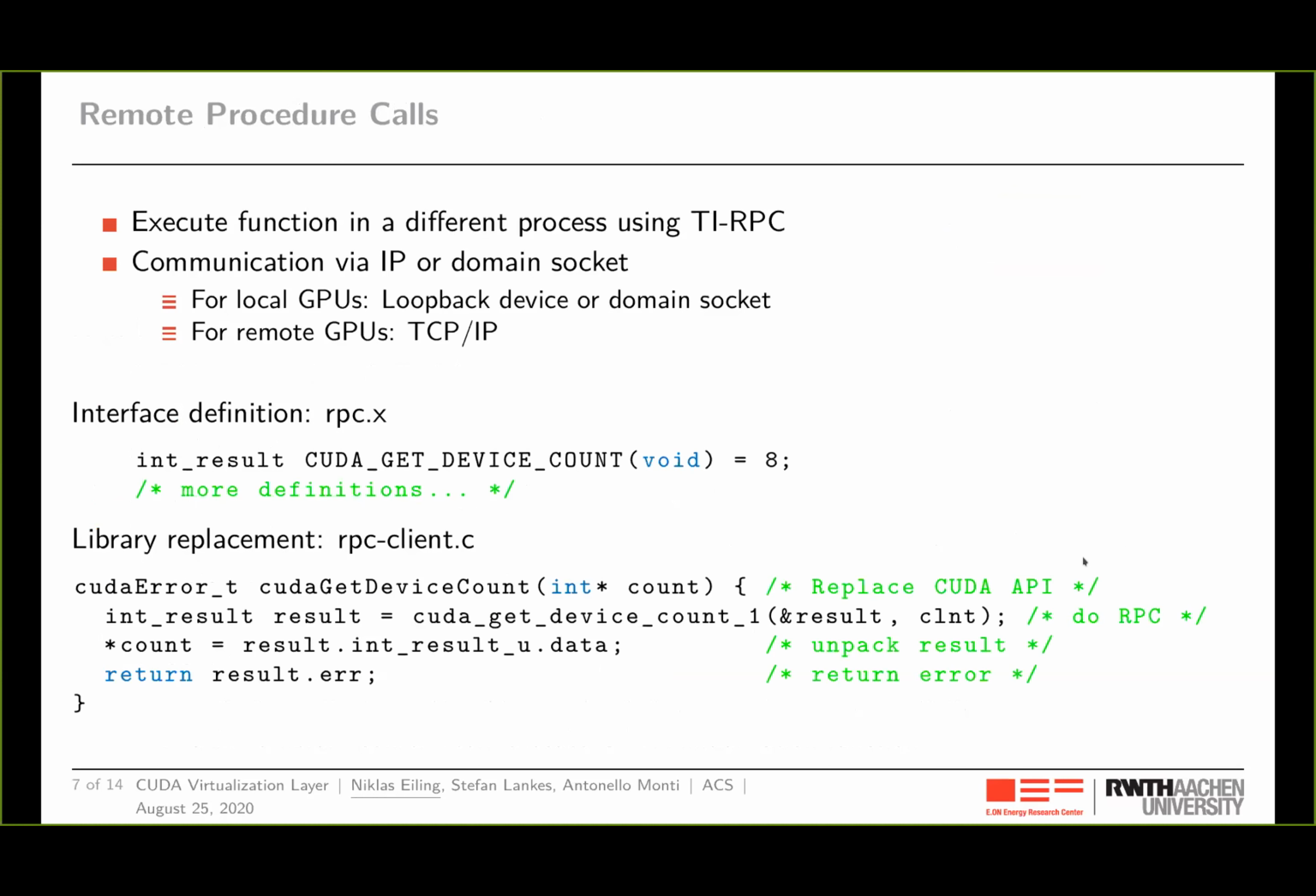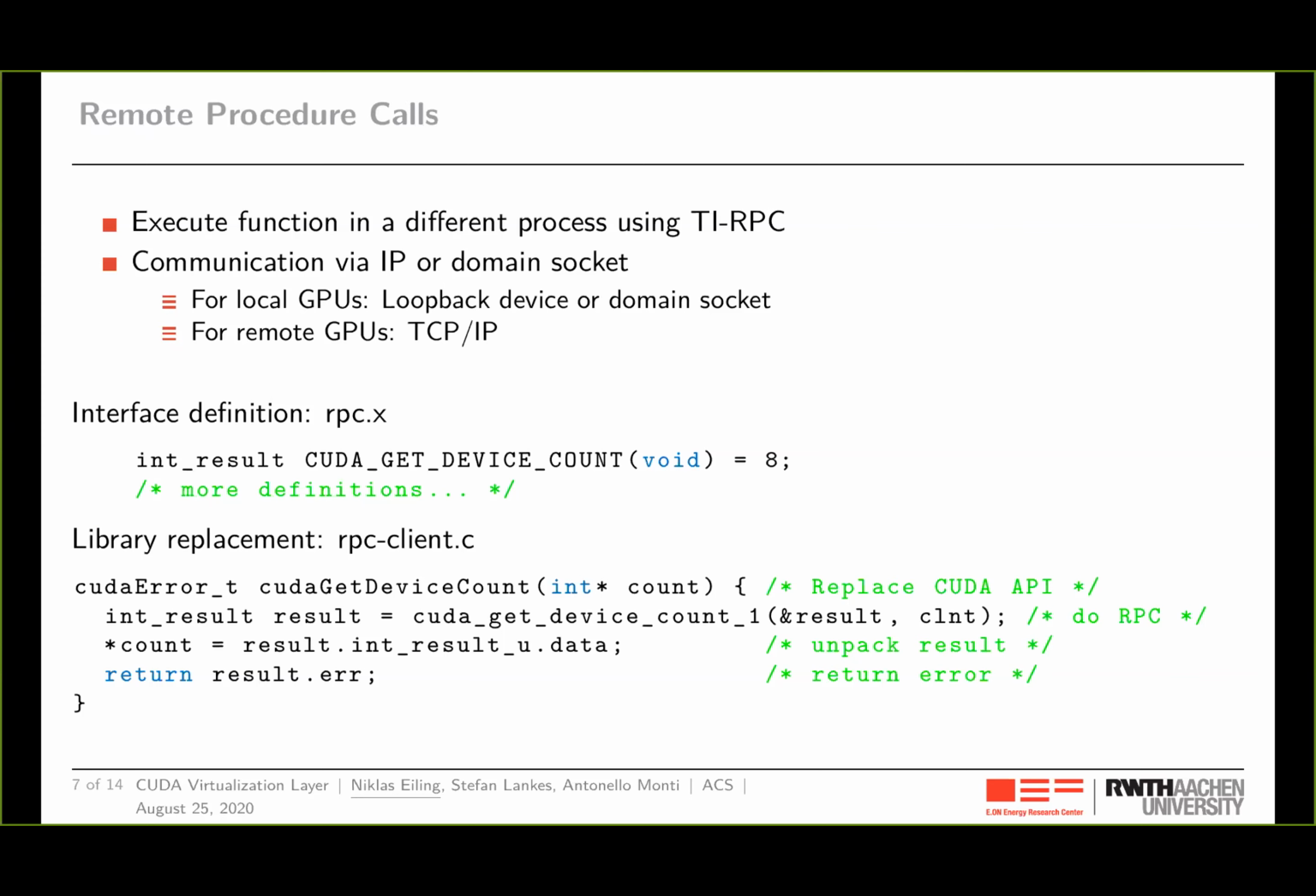So we use remote procedure calls to execute functions in a different process. We use the TI-RPC library to implement the remote procedure calls. This allows us to send remote procedure calls either via an IP or a domain socket. So when we want to use a GPU that is connected to the same system where we start the CUDA application, we just use a loopback device or a domain socket for this communication. And for GPUs that are installed in remote systems, we use just TCP/IP over an Ethernet connection to send the